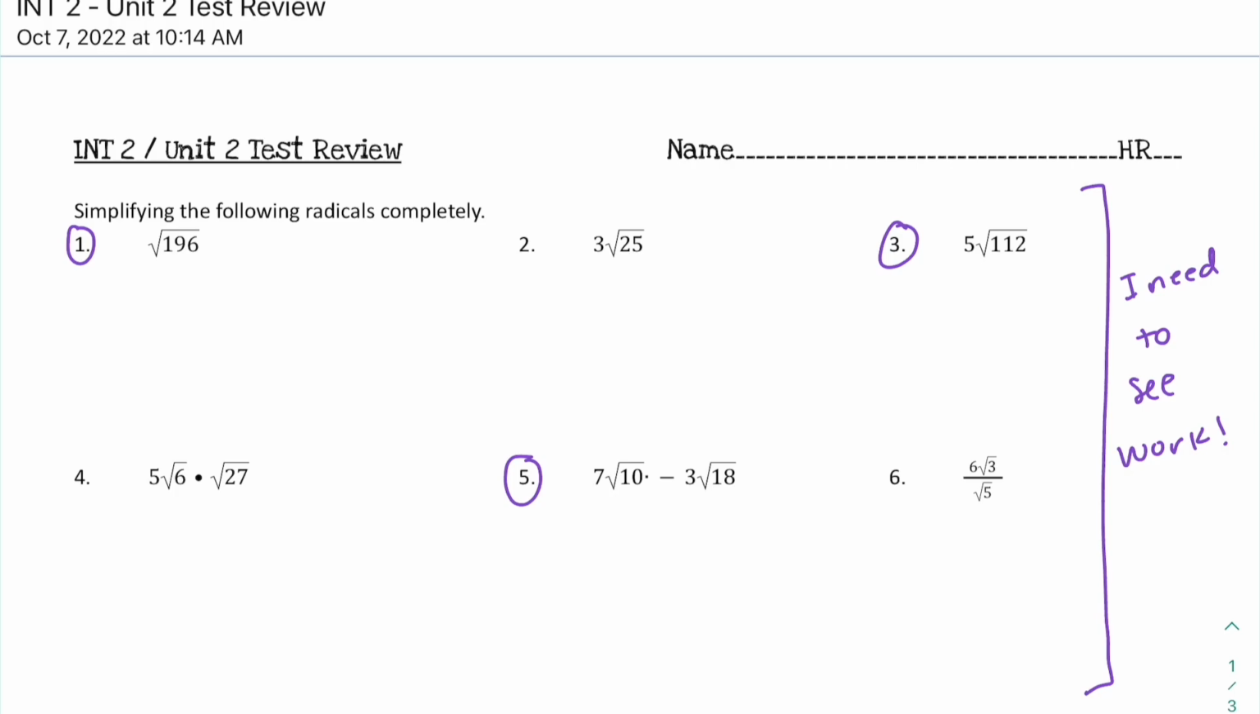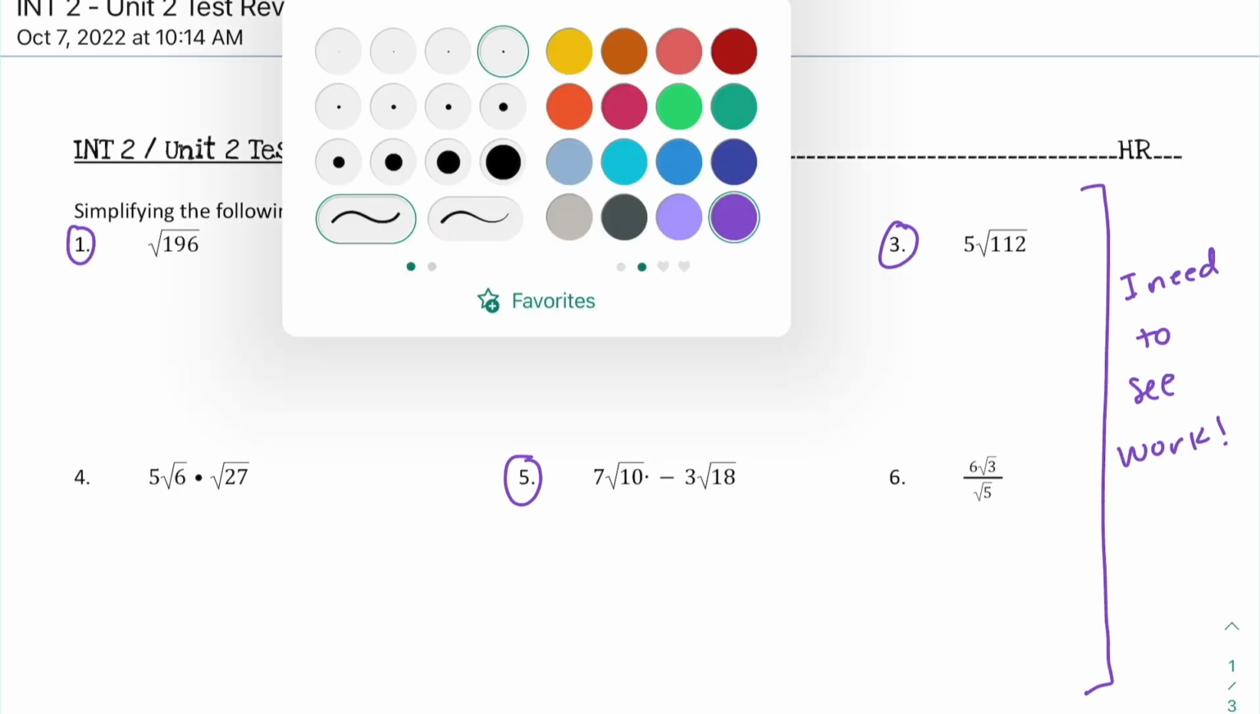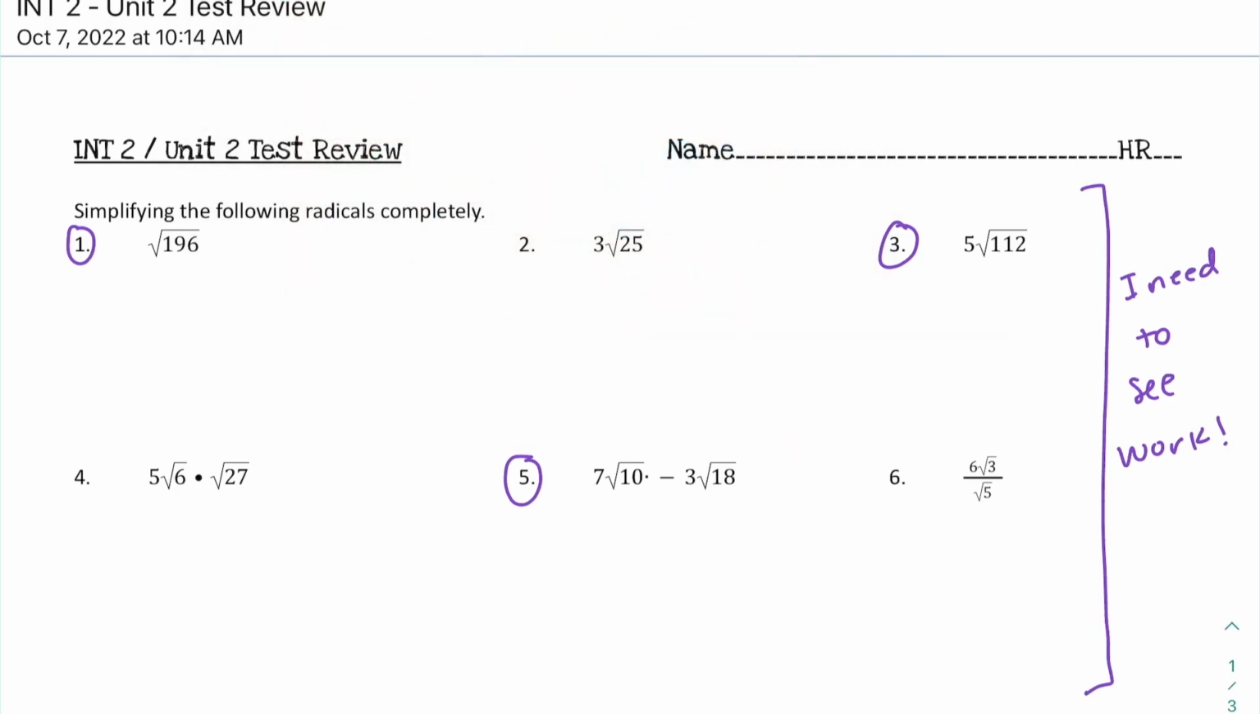So there's a couple ways we can do number 1. First off, if you recognize your perfect squares, 196 is 14 squared. So the square root of 196 is just 14. If you went straight there, awesome, great. My pen's not doing very good already. Okay. The other way that you could have done this is you could have split 196 up to be 49